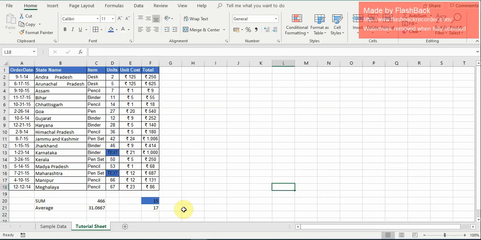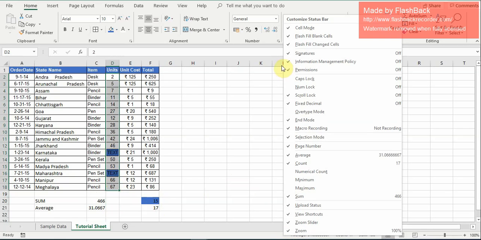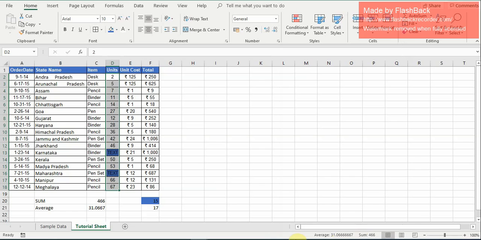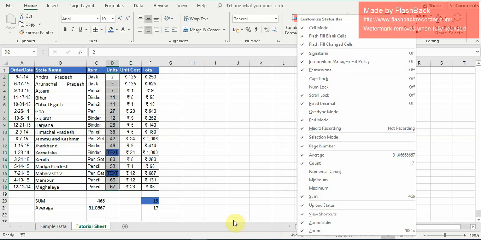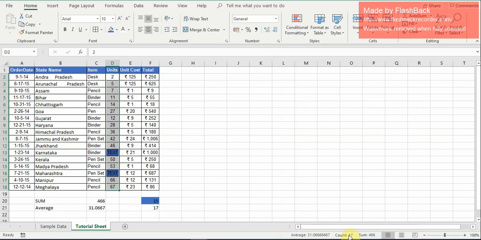In an easy way, if you want to see these values, we don't always need to use formulas. But many times, if you want to use a formula, let's say the sum divided by the total number of counts, then we have to use the formula. Otherwise, once we select this field, we can always see at the bottom the average, the count, and the sum also. If you don't see that, just right click on the status bar and you will see these checkboxes. Let's see, count. If I uncheck that, I won't see the count. If I check that count, I will see the count, right? So these are basic things which we can always use.